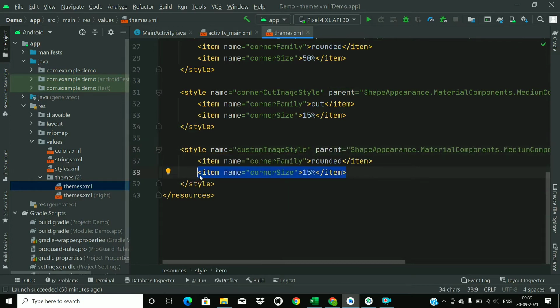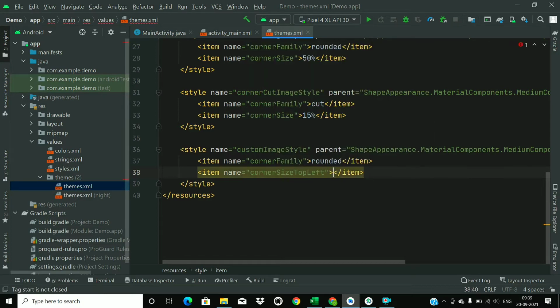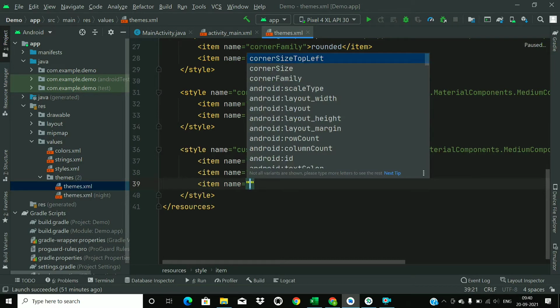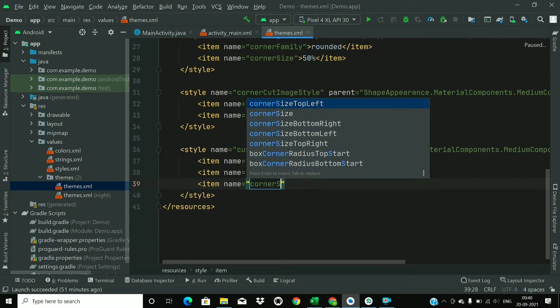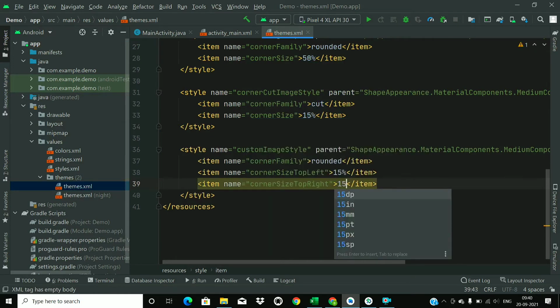Now just remove this corner size, remove this, add an item corner size, and we have to use corner size top left and 15%, and corner size top right, and give the same value.